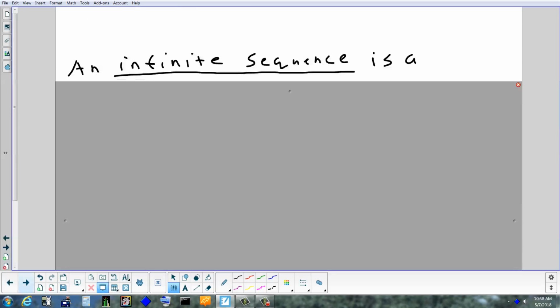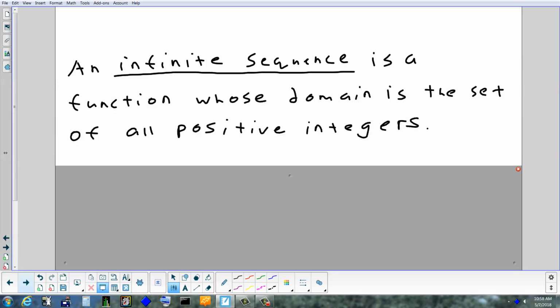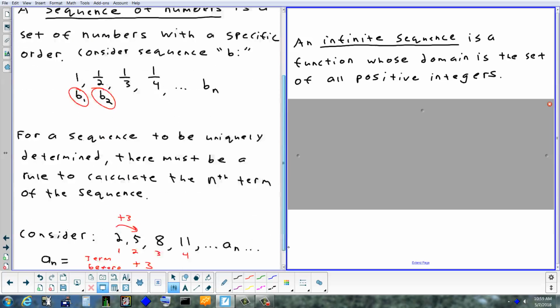So some sequences have a start, an end, and that's it. Some sequences go on forever. So if you have a sequence that goes on forever, it's called an infinite sequence. Okay, so if I put that formula back up that I have,